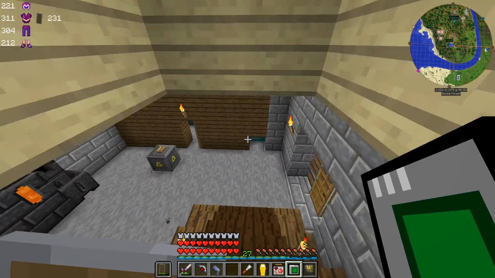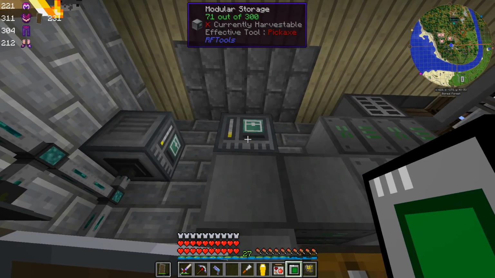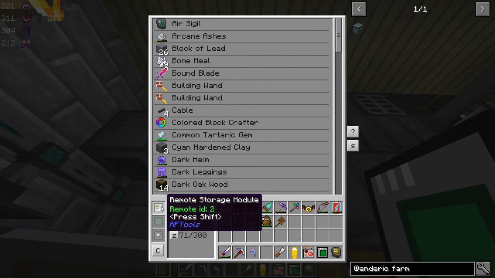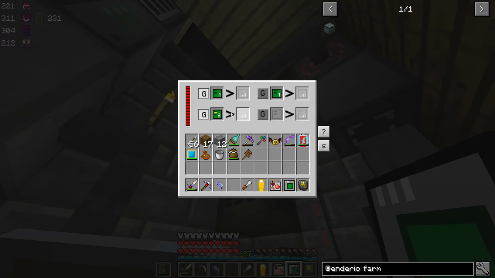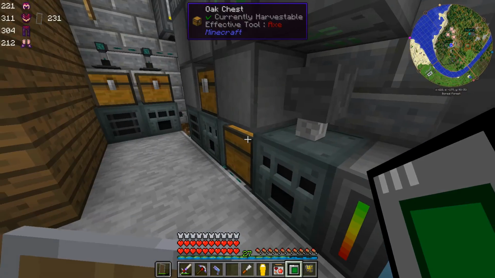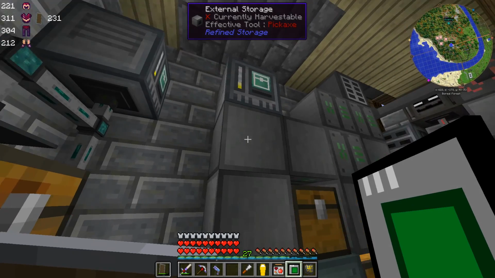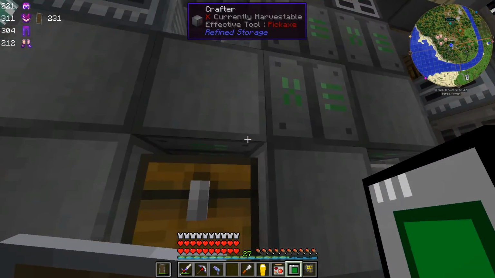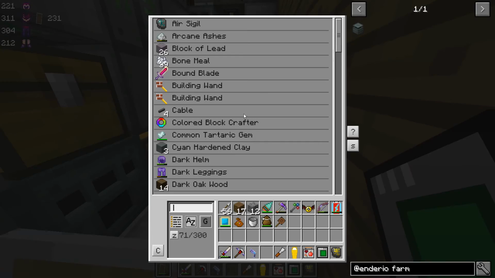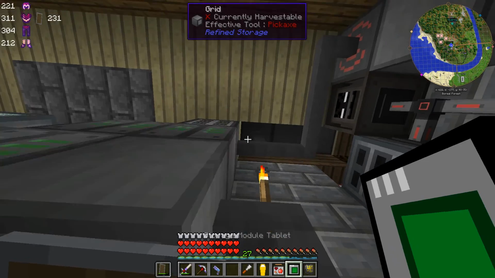Well, I don't know why I didn't think of this before, but what I did is I set up another one here, another modular storage, using the same remote storage. We're using a remote storage module that's linked to the same storage module that has all my stuff in it that I've been carrying around with me. And I have the external storage from refined storage pointing to that. So now everything that's in here, I also have access to